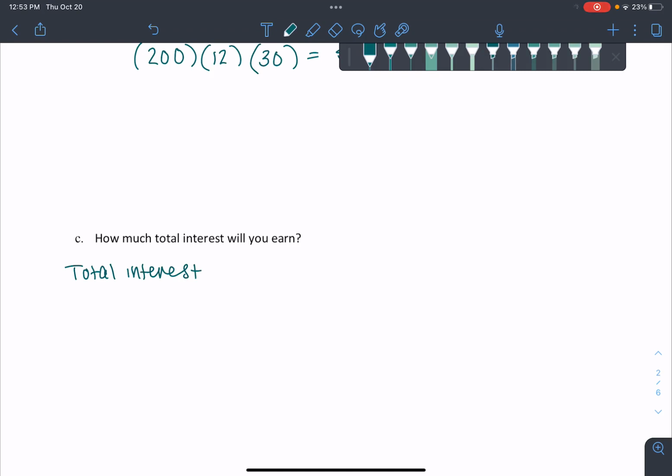The total interest is going to be the amount in the account at the end minus